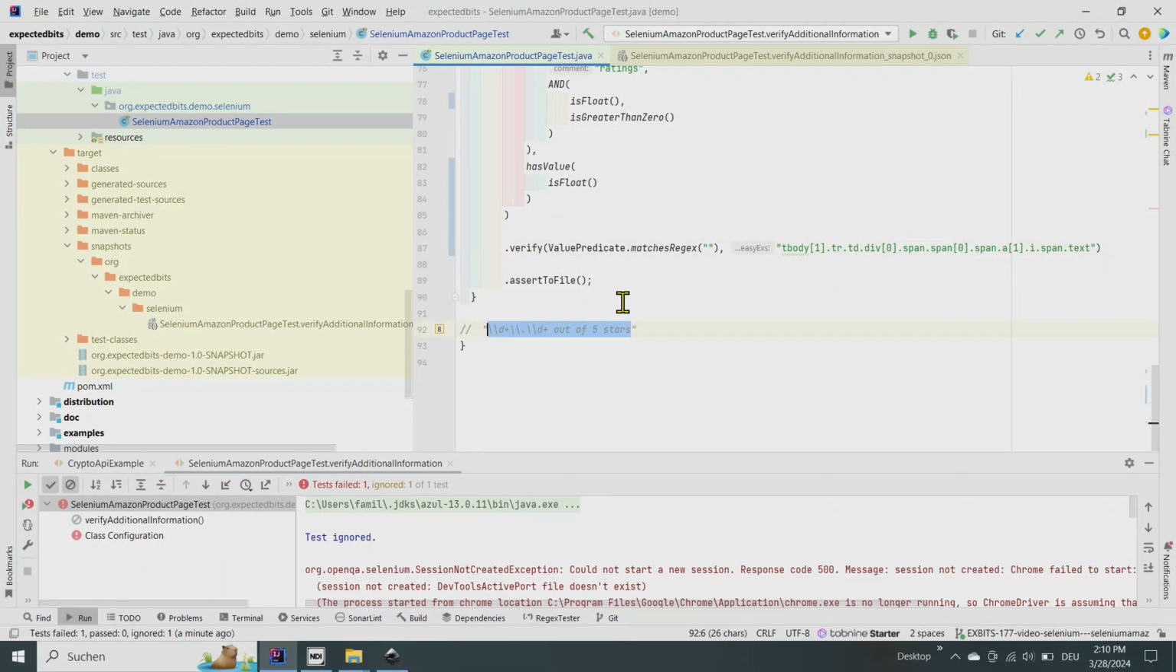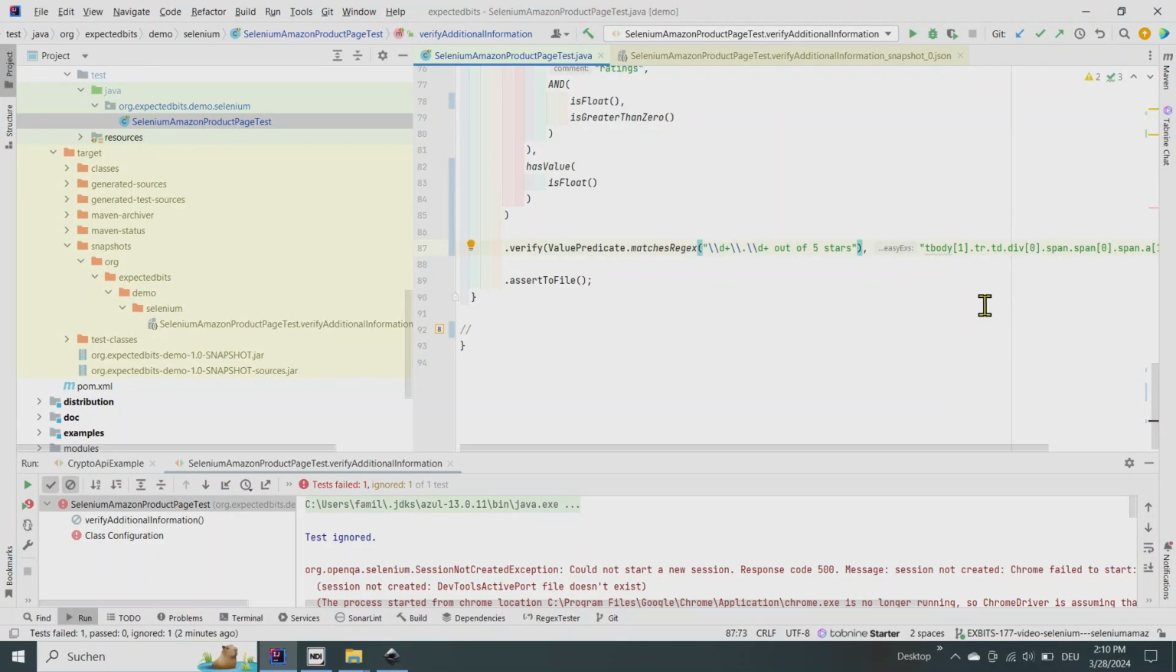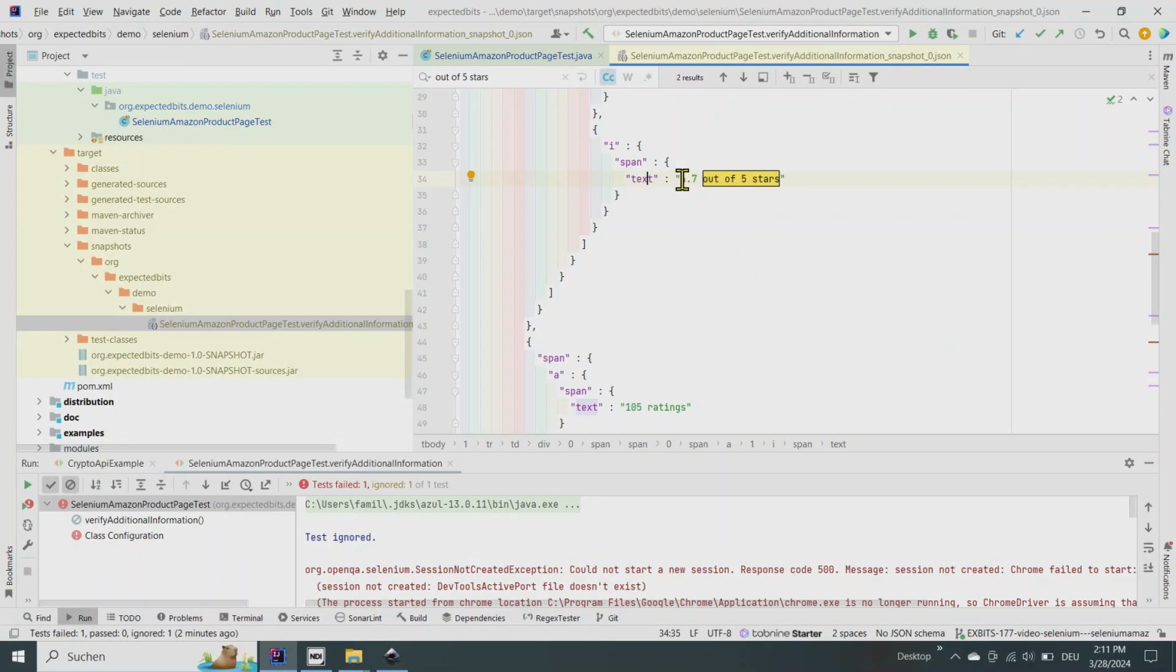Sorry, I copied completely. And here in this regex, you see a number is expected, then a dot, then a number, and then "out of 5 stars" string. This is actually what you see here: a digit, then dot, and then digit, and then "out of 5 stars". Yeah. And if I execute this one,